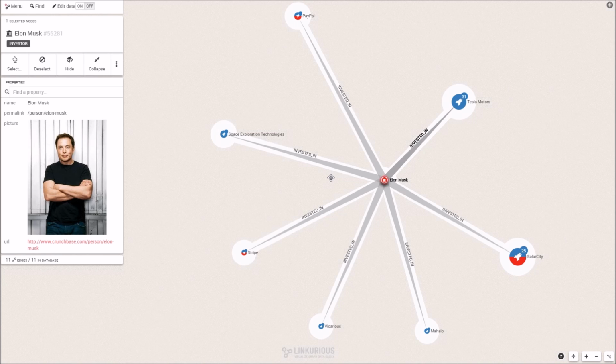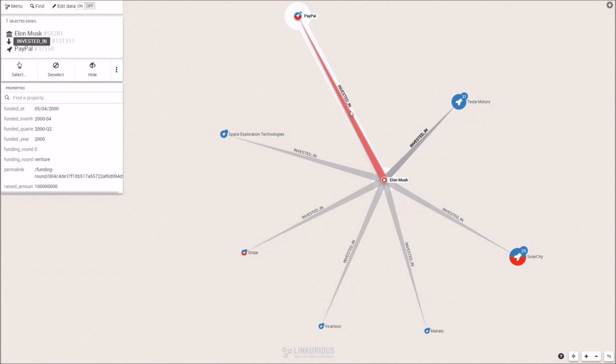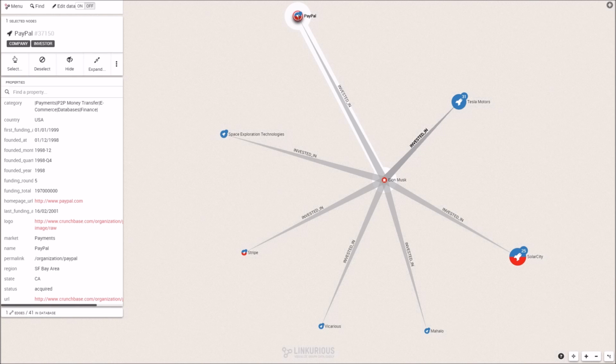So let's investigate that. First of all, we can see that Elon Musk has an invested in relationship with PayPal. So I can click on the relationship, see that that relationship exists because in 2000 Elon Musk participated in the C round of PayPal. So basically, he put money into PayPal in 2000. I can look at PayPal and learn more about that